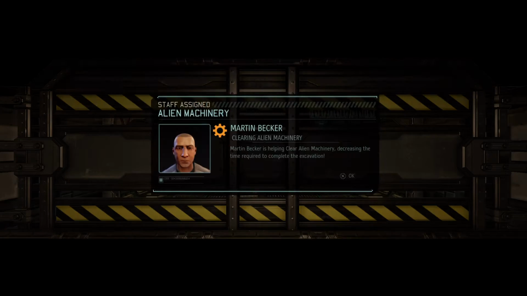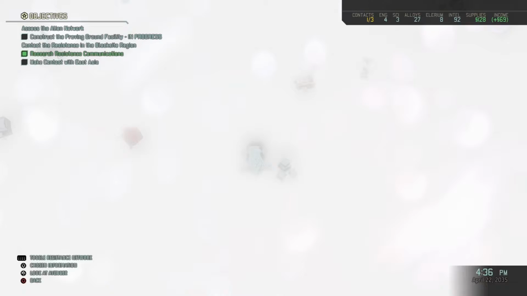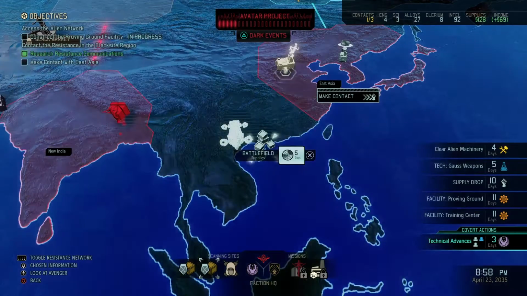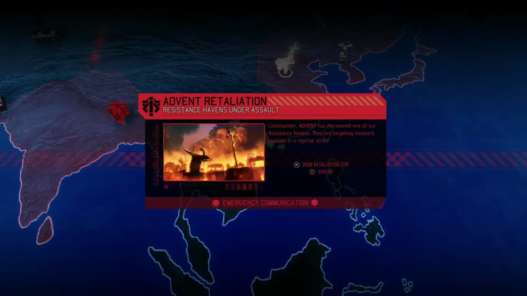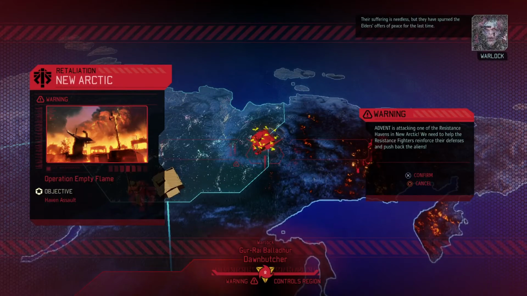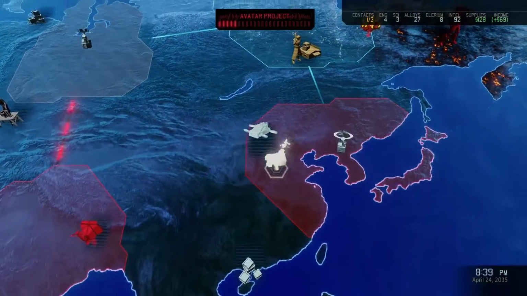Let's see. Oh, no. We can throw that new engineer into there. Reduce that even further. So we only got 5 days until that spot's cleared up. Just going to net us some nice little chunk of resources for clearing it. Honestly, the resources you get from that alone is almost what makes it worth it. So that dark event that just popped forced us into a retaliation mission, which is unfortunate. I would have liked to have gotten those supplies done, but we can always come back to it after we're done with this